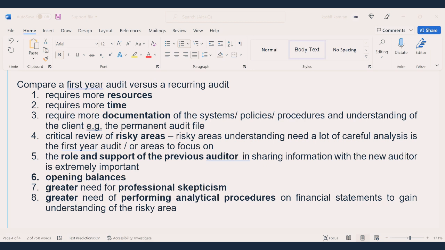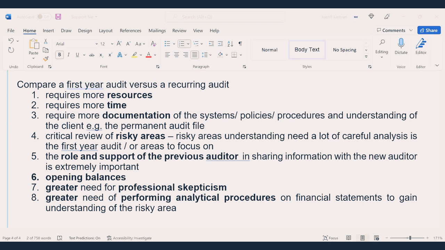Are you clear, all of you? So please clear your mindset. Please know the difference between a first year audit and a recurring audit. What is so different with the first year audit? Why does the first year audit have more risk? Why does it have less knowledge of business? And that is where the auditor needs to do the planning. The auditor needs to do planning for areas of focus, and for less knowledge of business. He needs to gain more knowledge, even if the previous auditor is helping him.